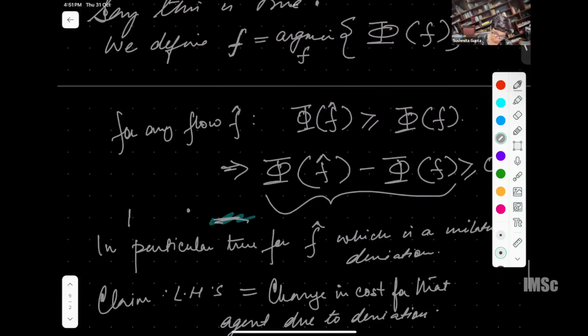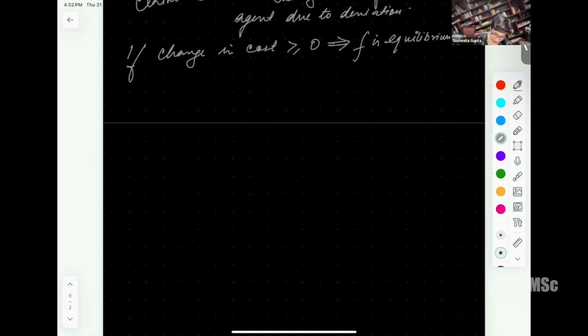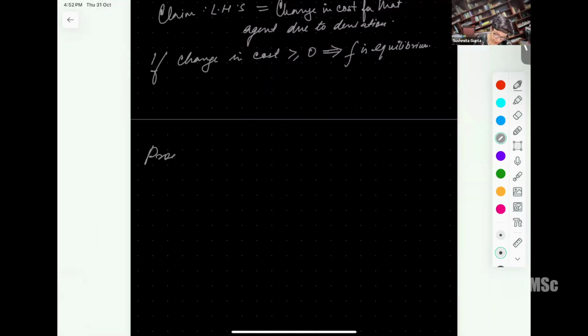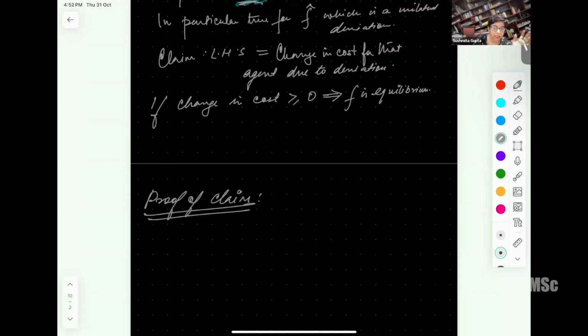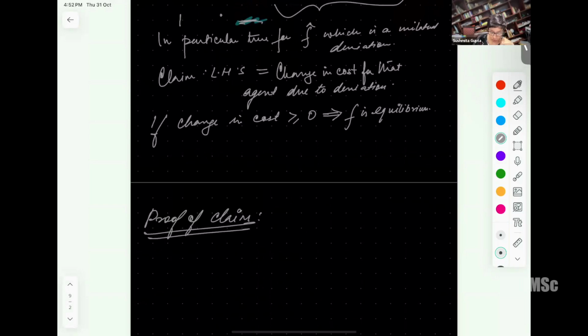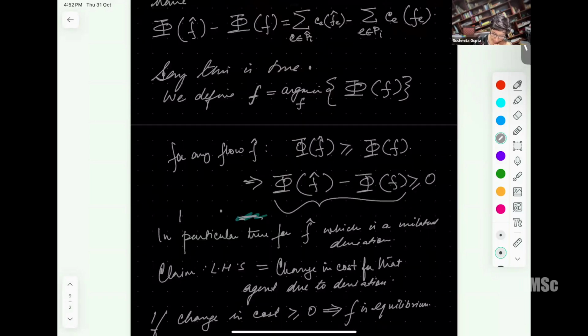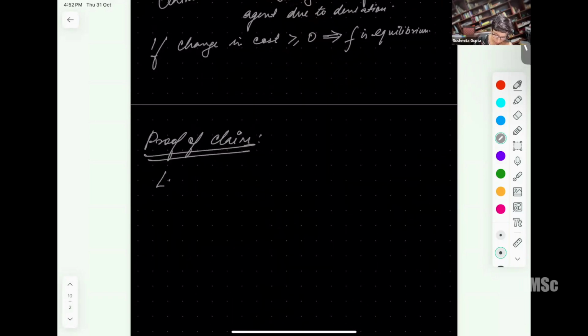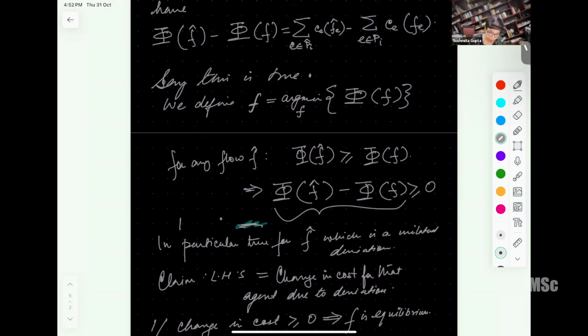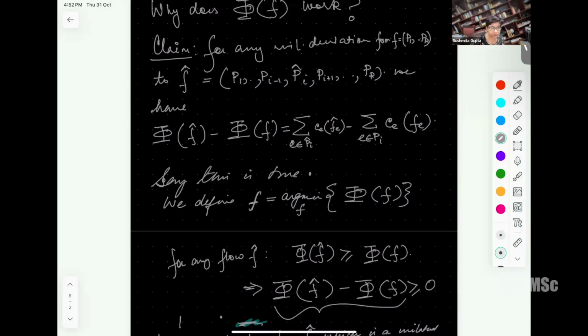Now, let's just prove what the claim is. Okay. So you're convinced that proving at least this claim will end our entire theorem, like it will complete the proof of the theorem, right? Okay. So tell me, why is this? How do we prove this claim? Just look at this and tell me.